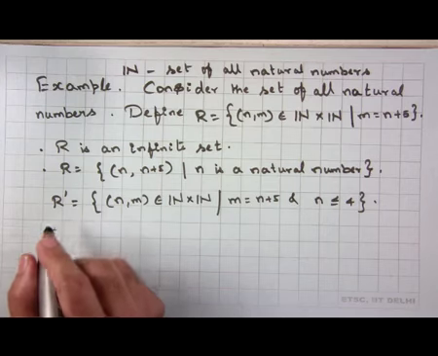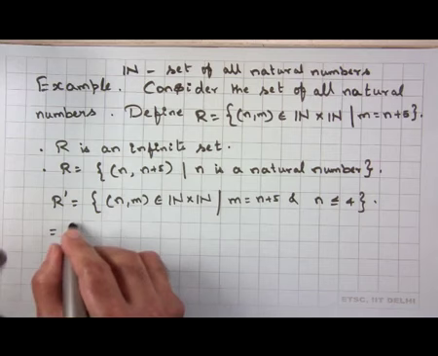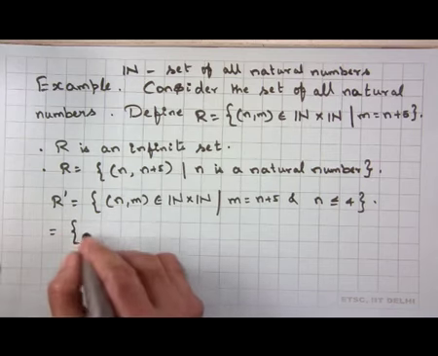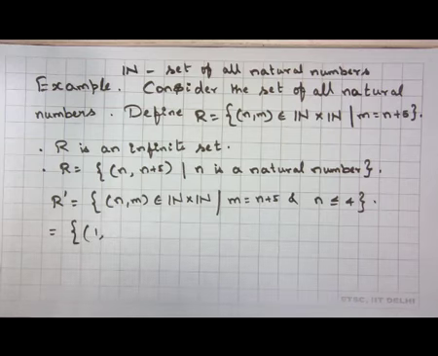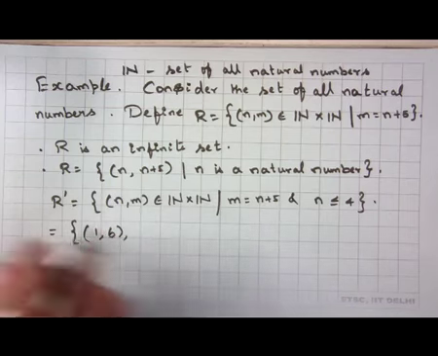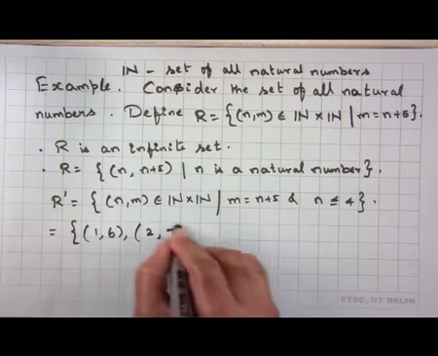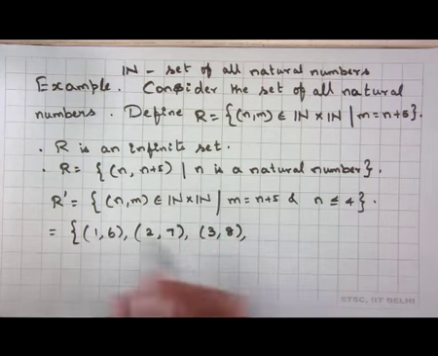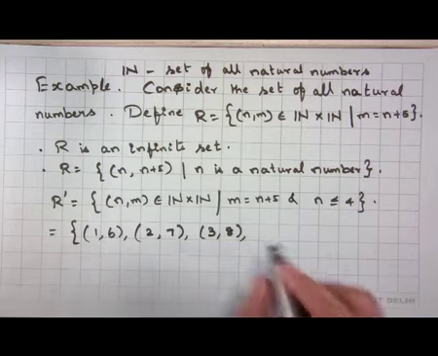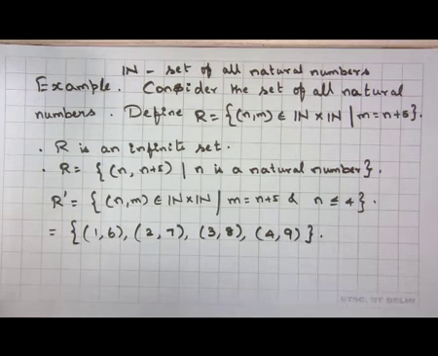So, now you should notice that this R dash is a finite set, and now let us try to write down this set. It is going to be 1, so m is going to be n plus 5, 1 comma 6 and then 2 comma 7, 3 comma 8, 4 comma 9. These are the only possible things that you have,